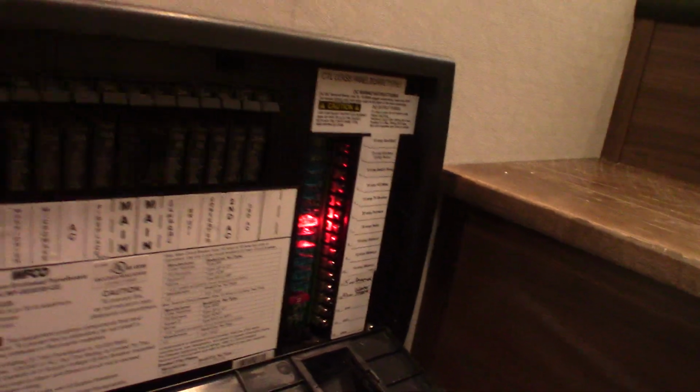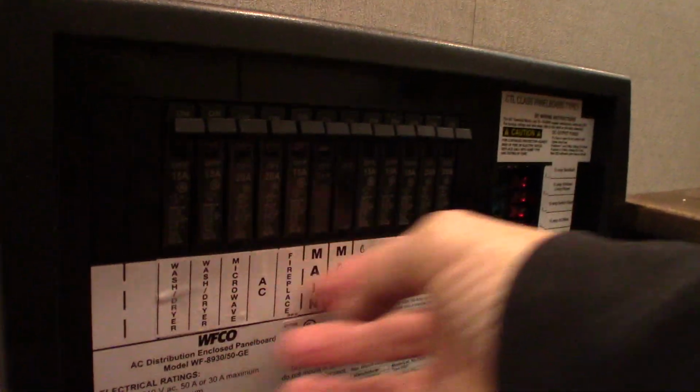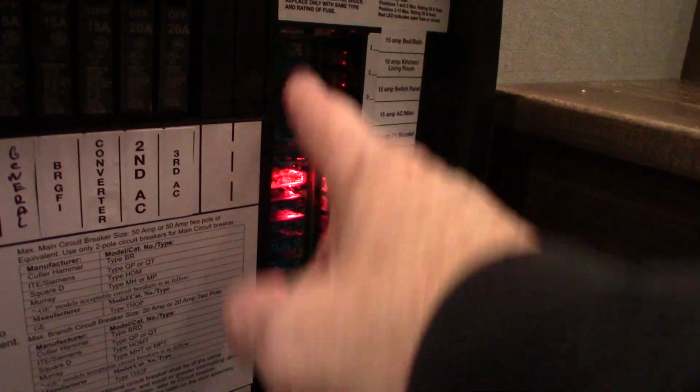Okay. Alright, so first of all, this is the power converter here. This converts AC to DC power. Here you have 120 AC circuit breakers, and they're all labeled. These are like you'd see at home. Then you have the power converted from AC to 12 volt DC here, and they have 12 volt fuses, and they're all